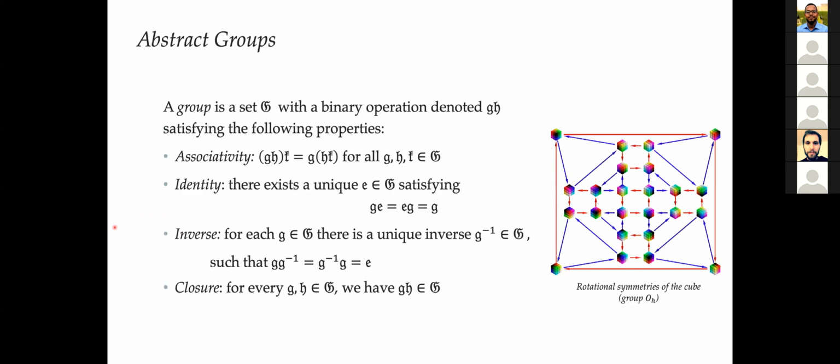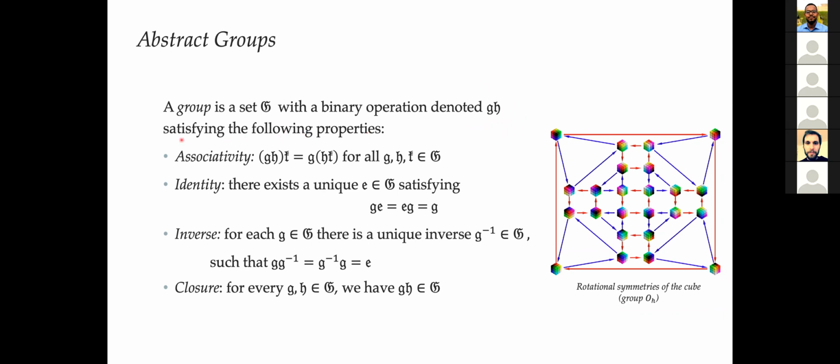So we can formalize this, and the object that formalizes these properties is called a group. We will denote it with this letter G. So a group is a set G with a binary operation, which we just denote by putting one letter after the other, juxtaposition,